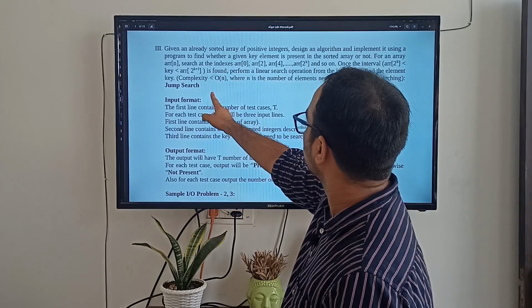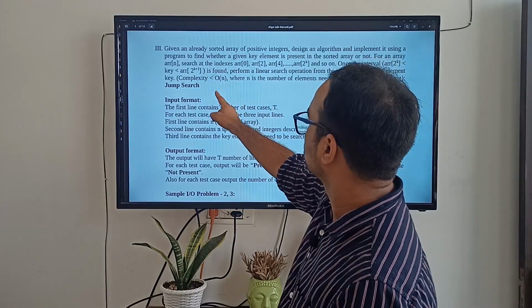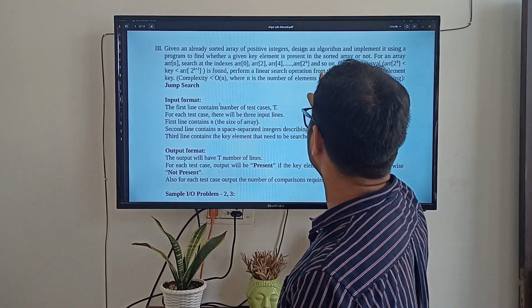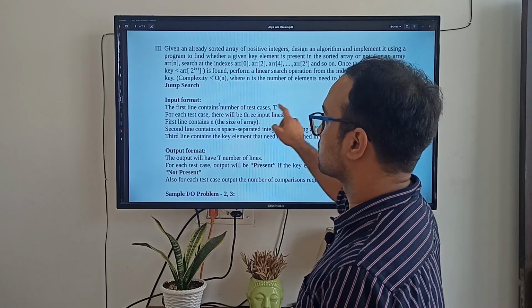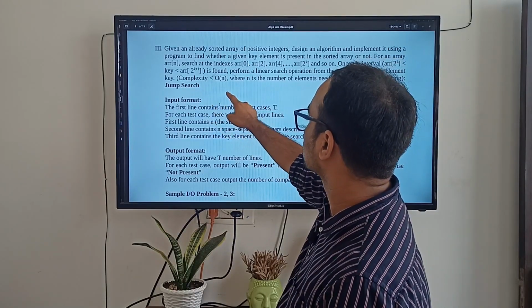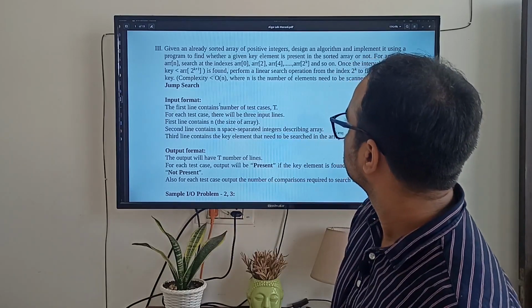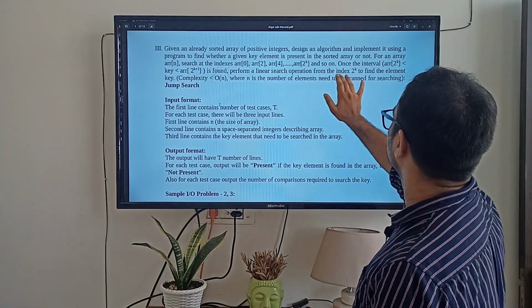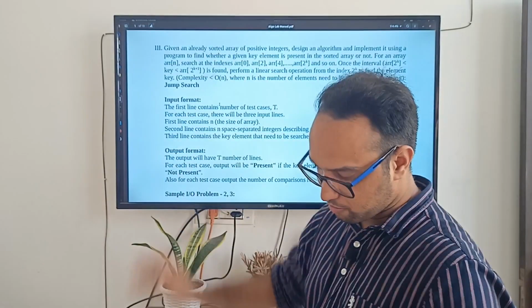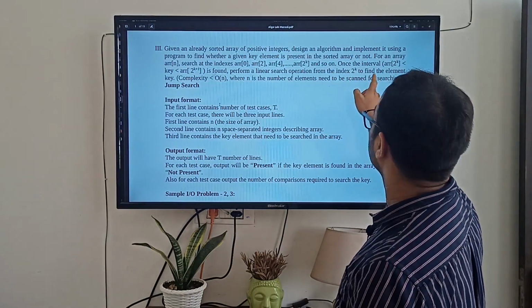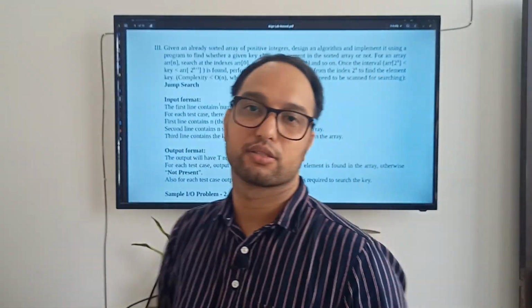Suppose you have one element here, another element here. If you know that the element is greater than this and lower than this, then you can start linear searching from here. Clear? So linear search will perform some operations and will find the number if it exists here.